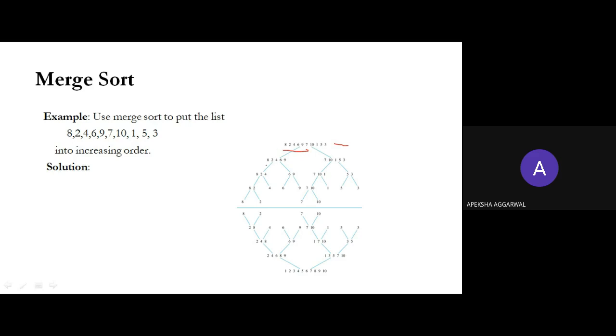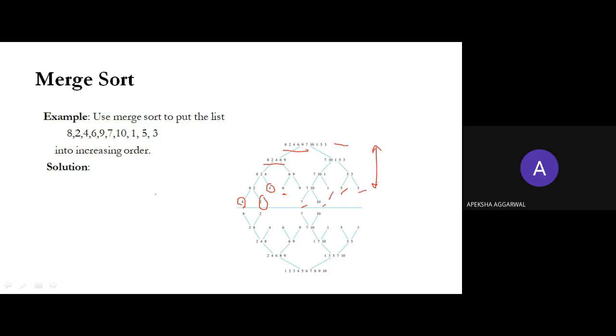Now 8, 2, 4, 6, 9, you again divide it, and you keep on dividing it until only one element is remaining. Now have a look at this. This is a binary tree, right? Binary tree means having two child nodes. So right now you have done nothing. You are just dividing your numbers into two sublists, and dividing all the sublists into further sublists until only one element is remaining. So in the last level, only 8 and 2 are remaining over here, and 4 is remaining in the upper level of the binary tree. So at the last level, only one element is remaining at every node.